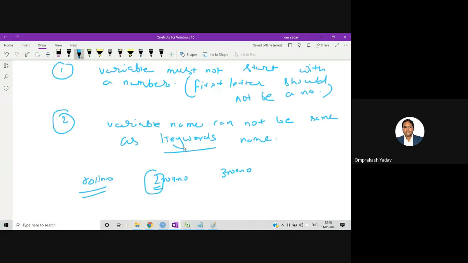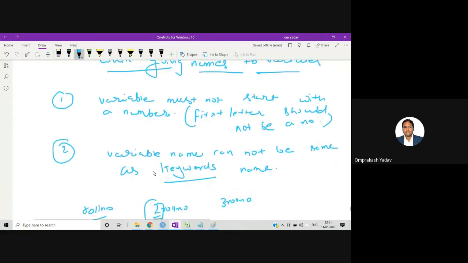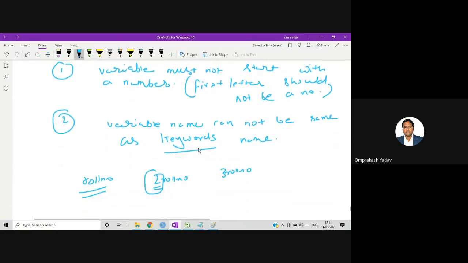We will come to know, just after this topic we will come across the keywords, and I will explain you about them. But remember right now that there are keywords which have certain predefined meanings. So our variable name must not be same as those keywords.